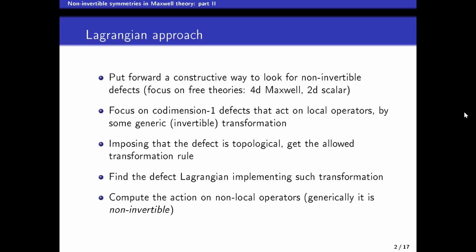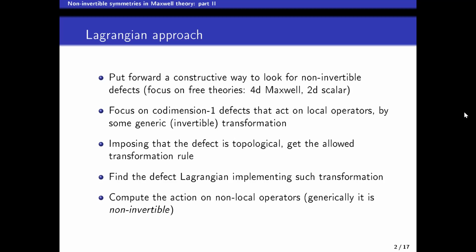So we want to put forward a constructive way to look for these non-invertible defects. As I said, as toy models, we took 4D Maxwell theory and the two-dimensional theory of a compact scalar. And the focus is on codimension-1 defects, so 3D surfaces that act on local operators generically with some invertible